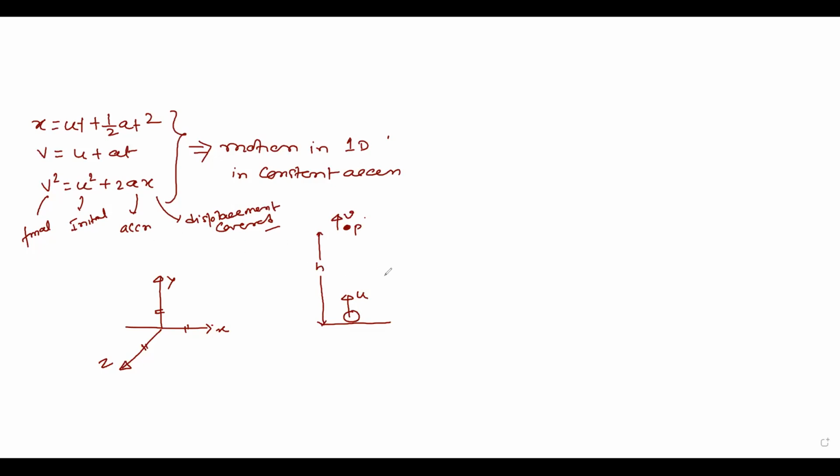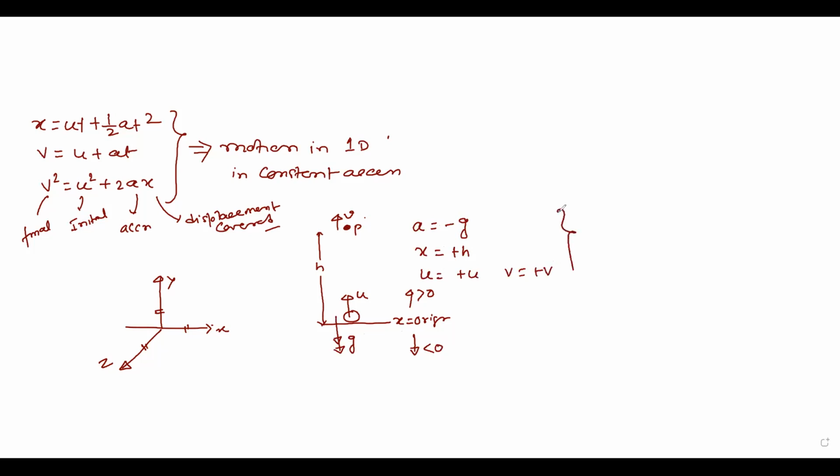So we may rewrite this equation. Suppose this is our frame of reference. This is the x equal to 0 coordinate, or the origin, and this is the positive direction, and this is the negative direction. So what are the things involved over here? The acceleration can be written as minus g, because the only acceleration is acceleration due to gravity, and that is acting in the negative direction. So a is minus g. The displacement covered, x, is plus h. The initial and final velocity are u equal to plus u and v equal to plus v.